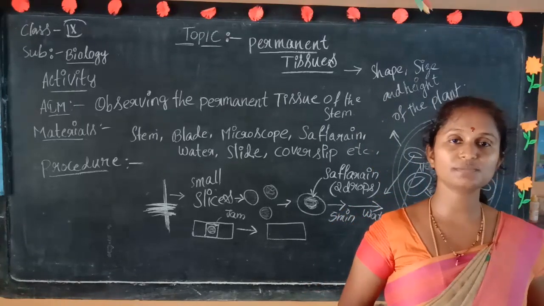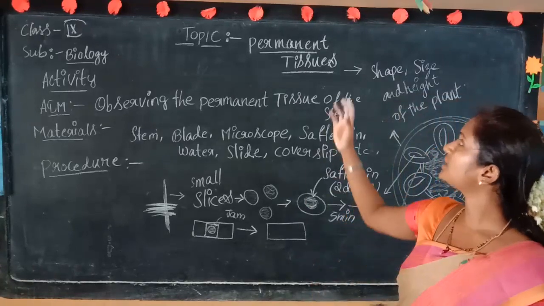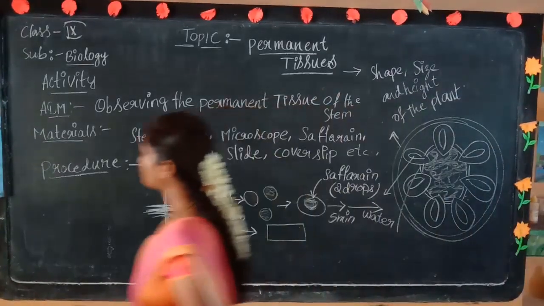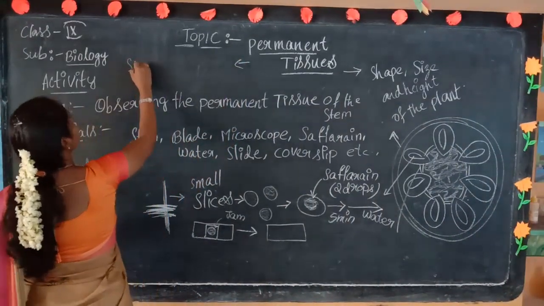And today's session is going to be completed, children. Tomorrow's session we are going to continue. There are two types of permanent tissues. What are they? Simple permanent tissues